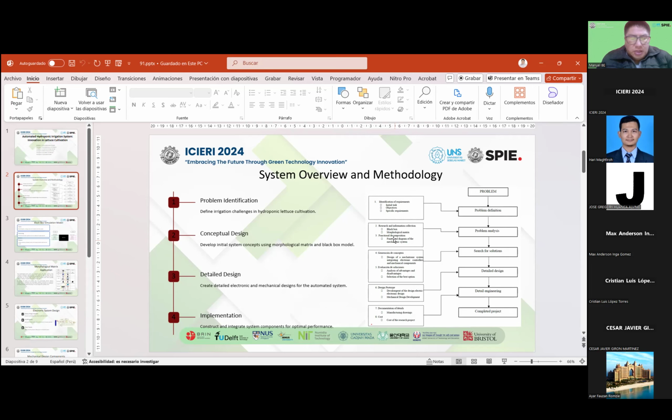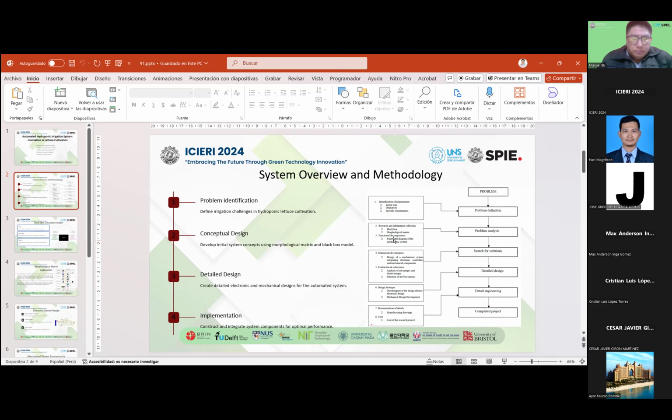Problems such as lack or excess of water, humidity, temperature, or pH can seriously affect plant development. Overwatering, for example, can lead to root rot and the development of unwanted organisms such as fungi, underlining the need for